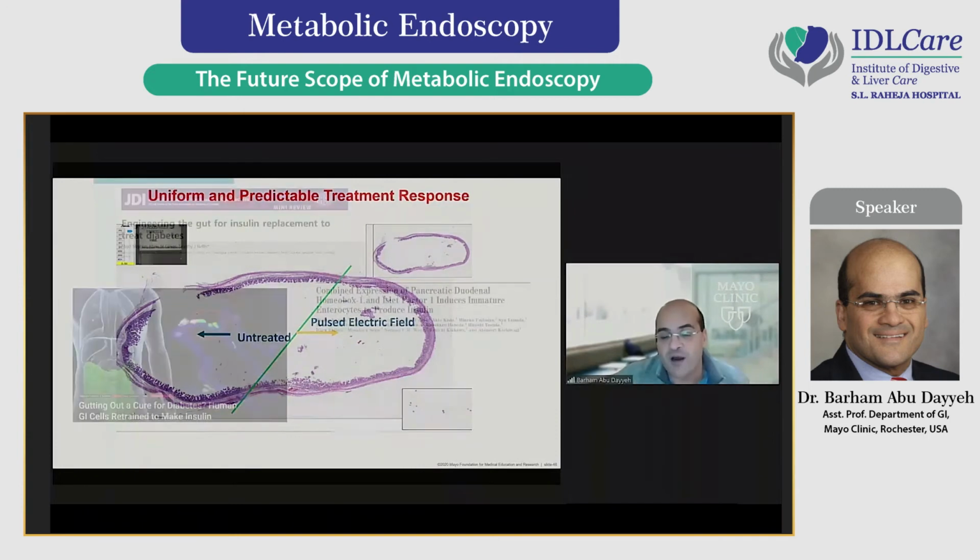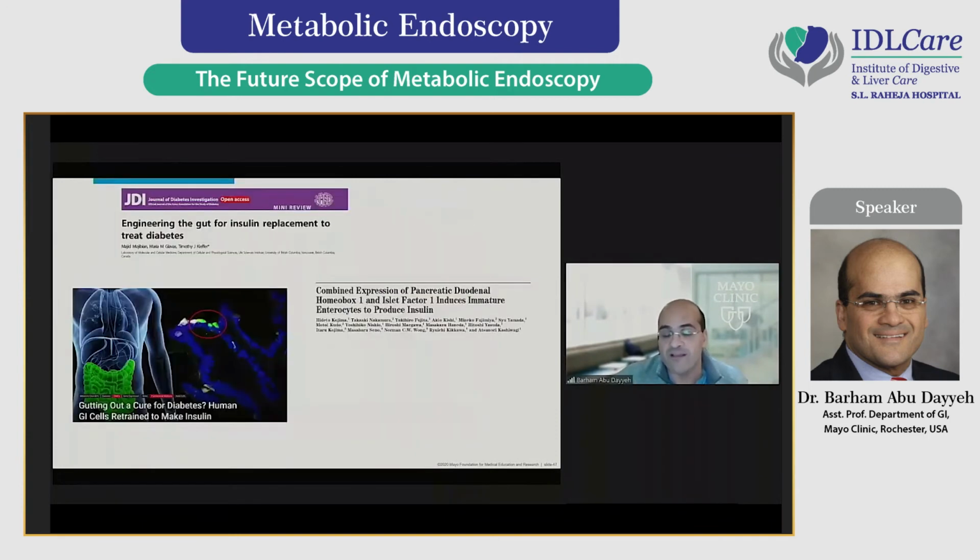So the interesting part here is we know now if you ablate the duodenum, you have improvement in insulin resistance. But now if we reset the metabolic and the immunological and microbiome clock in the duodenum, there is evidence to suggest that the duodenum could be engineered to not only address insulin resistance, but to start making insulin as well, which is a fascinating area with multiple complications for type 1 and type 2 diabetes and multiple other diseases. But it goes beyond that.